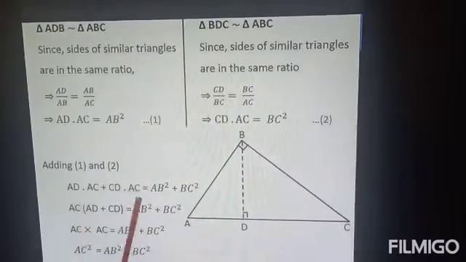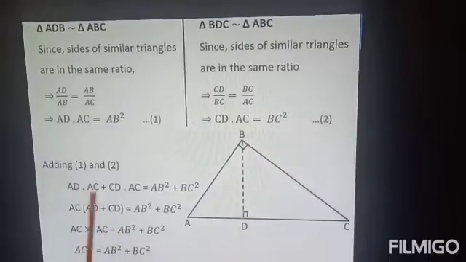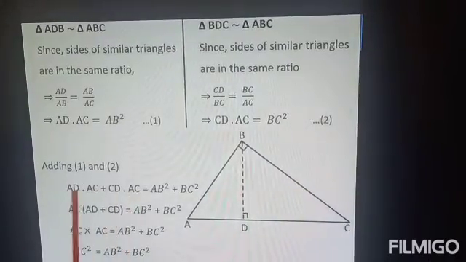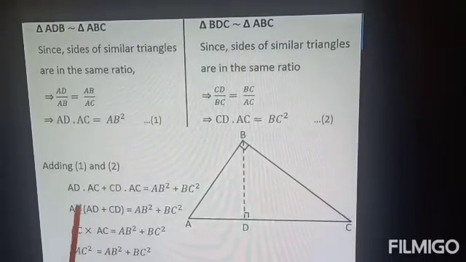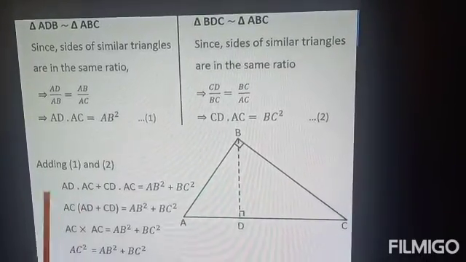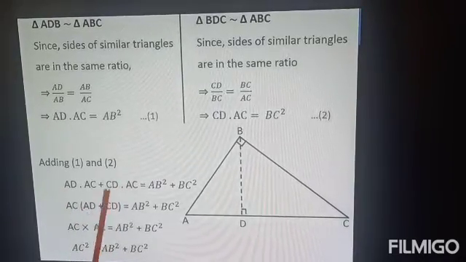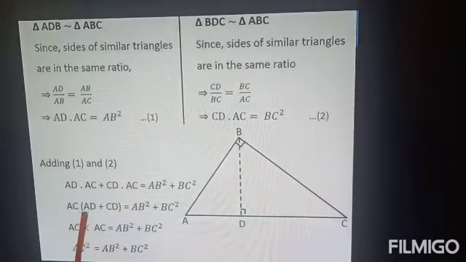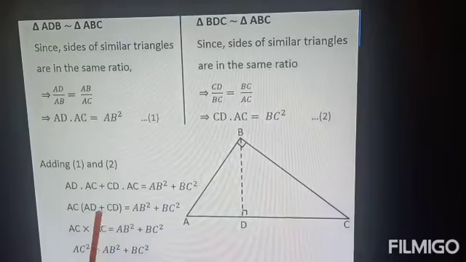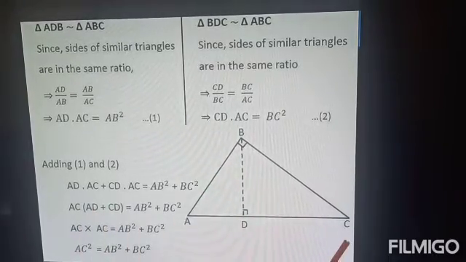Okay. Now if we want to simplify these two, what is common in them? AC in both the terms. Take AC outside. Then in the first term, what remains? If we take AC outside, AD remains inside. From the second, AC we take outside, CD remains inside. Okay. Then in the bracket what we got? AD plus CD.